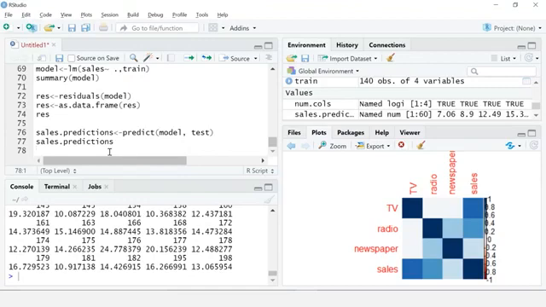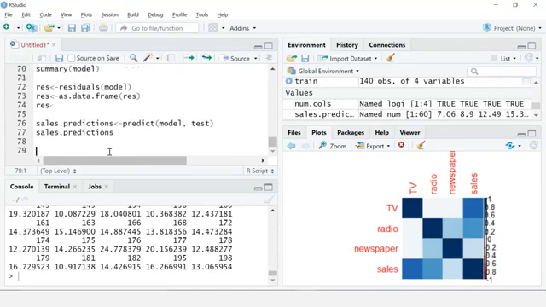Now let me combine these predicted sales values with our original sales for the test data. For that, I'll use the cbind function and pass the column names. I'll take another variable called results and use the cbind function.